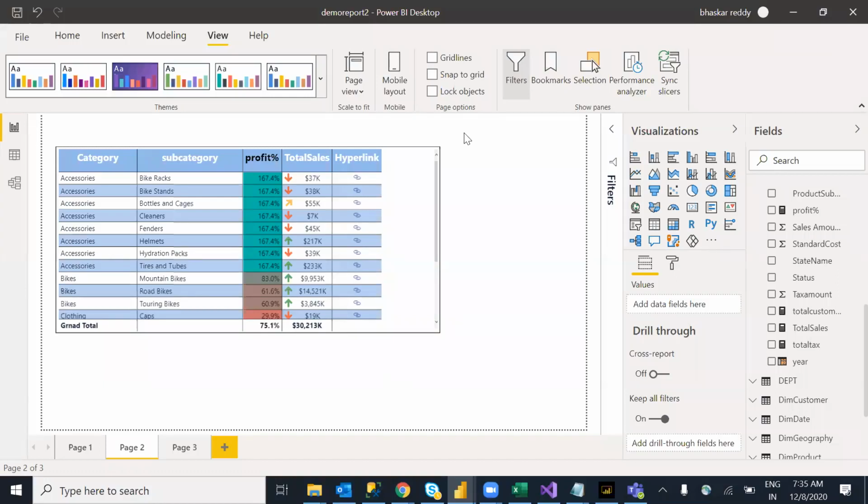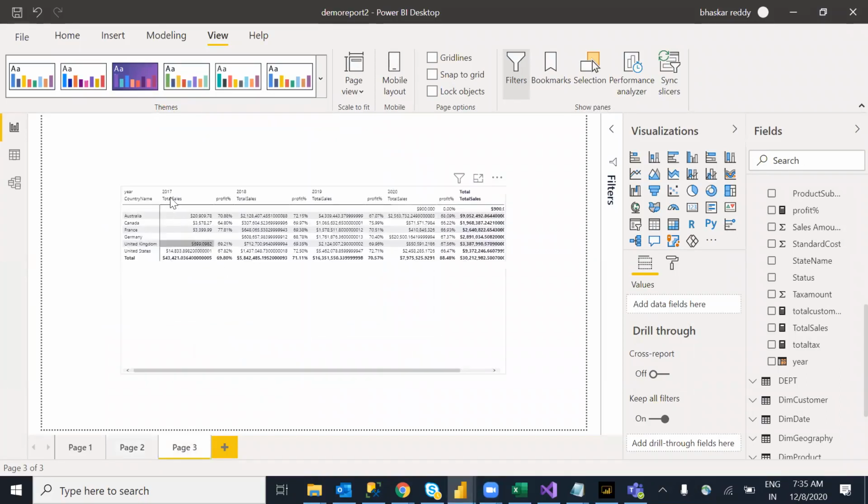Tomorrow if data increases, the number of rows will increase, and columns will remain the same. The structure of the table is static, meaning it won't change. I have 1, 2, 3, 4, 5 columns. After one year also, the data may change, but the columns will remain the same unless we change the structure of the table. But in a matrix, it is dynamic. Today I have four years of sales; tomorrow 2021 comes, and one more column will come extra. Like this we can display our data row wise and column wise as well. That is the main difference.